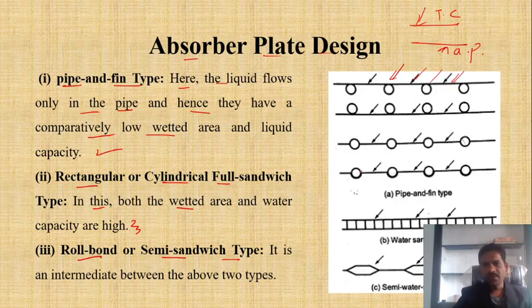If you observe here, this is the tube. Through the tube the water is circulated. Here it is considered the tube is situated below the observer plate. In this diagram the tube is situated above the observer plate. In between, this is the intermediate, this is the rectangular type, this is the observer plate, and these are the tube passages in the shape of rectangular. This is another arrangement of the observing tube, semi water sandwich type. Through this tube the water will be circulated or air will be circulated.